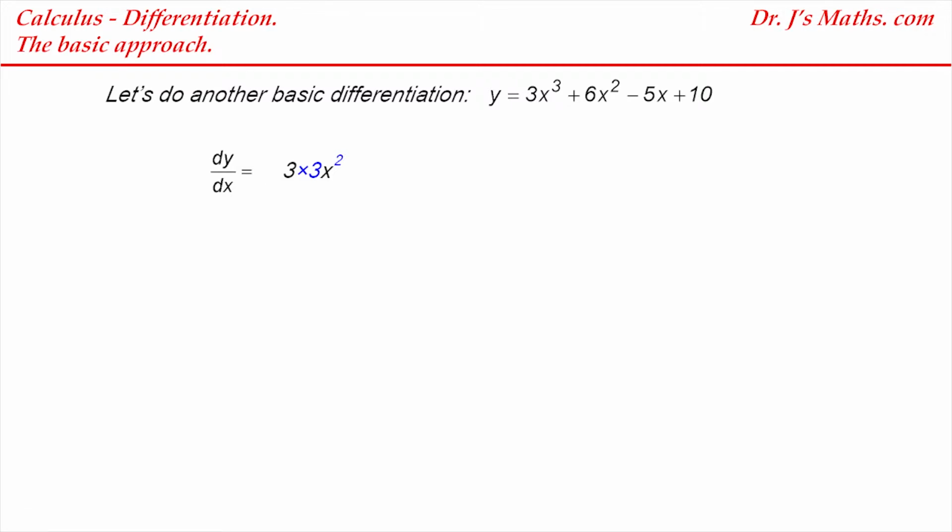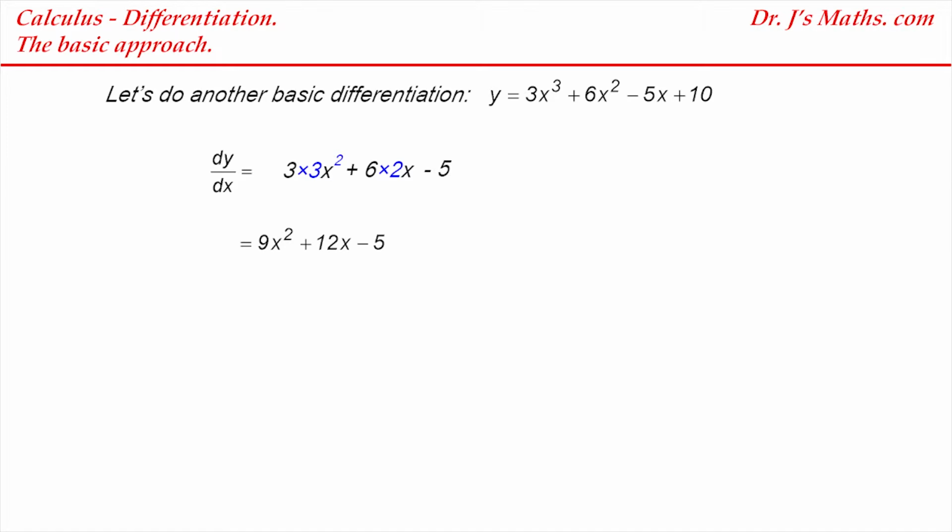For the second term, we have 6x squared, so rewrite the 6, decoration. x, rewrite that. 2 comes down to the front to become 6 times 2. x to the 2 minus 1, which is 1. For the next term we have minus 5x, rewrite the minus 5, decoration, x to the 1, 1 minus 1 gives us 0, so we're left with a 5 there. So tidying up, we have 3 times 3, which is 9x squared, plus 6 times 2, x, which is 12x,